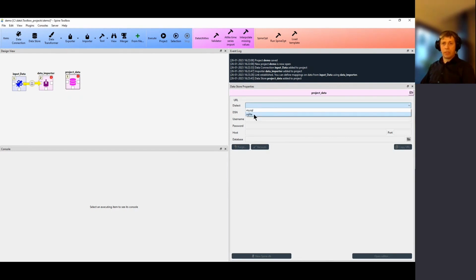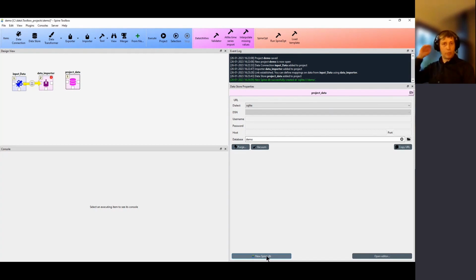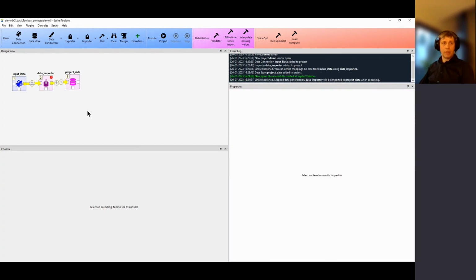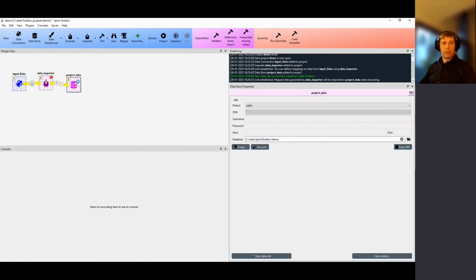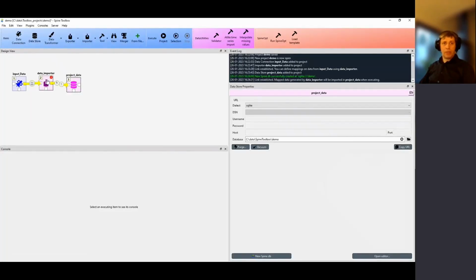I will first say that let's make an SQLite based database, and I'll give it a name, demo, and I click here, new Spine database, and it will create a new SQLite database with the structure of Spine database, but it's completely empty, of course, in other ways. And I will then connect the importer to the empty database, so there is nothing there. And then I will open the importer,